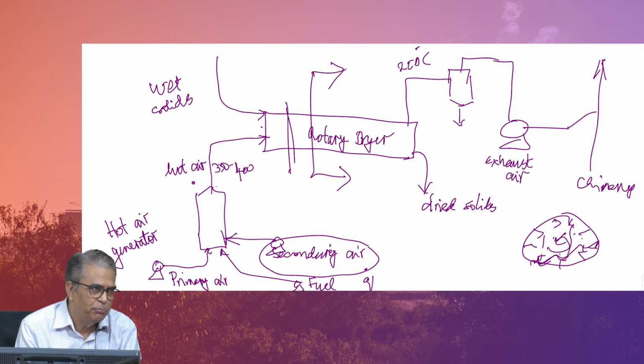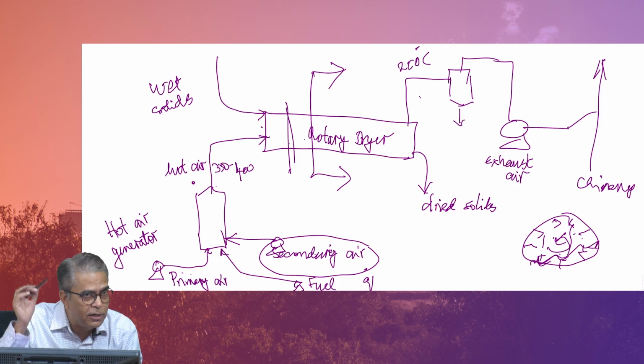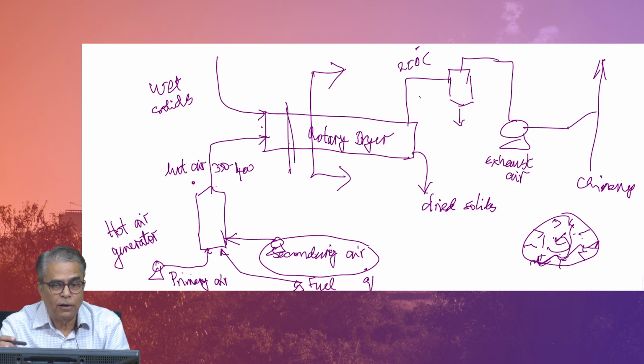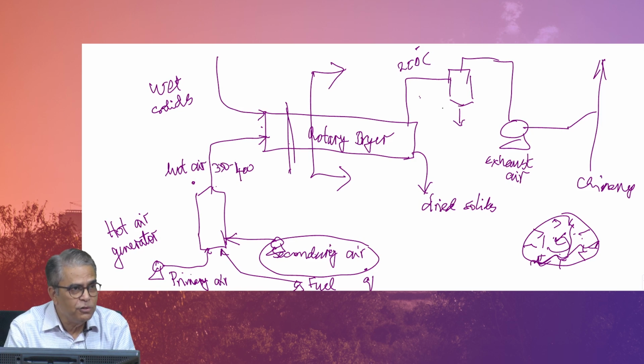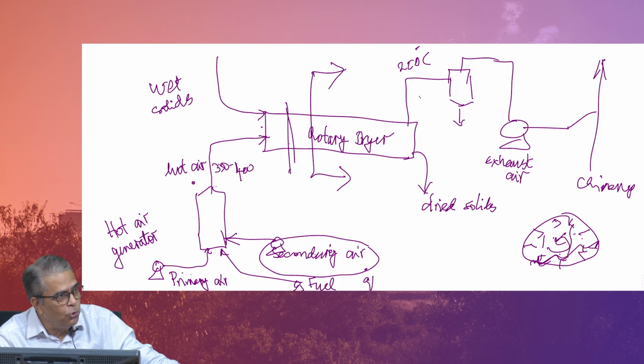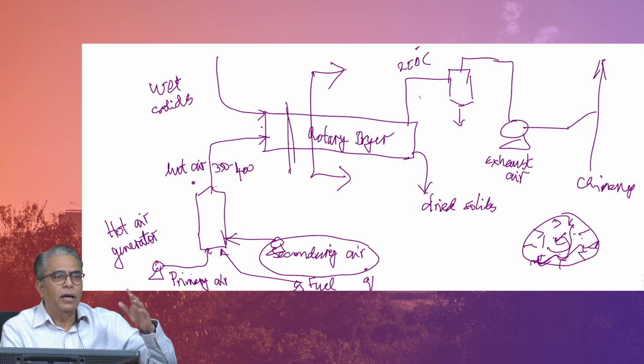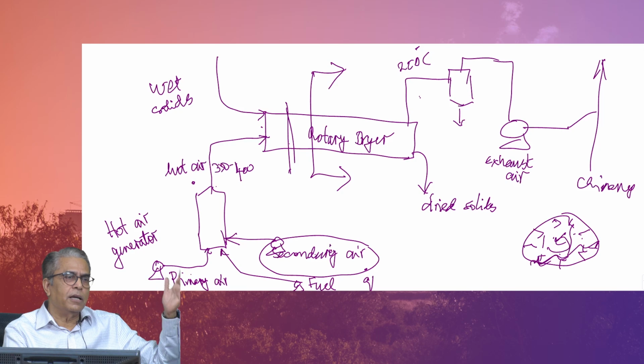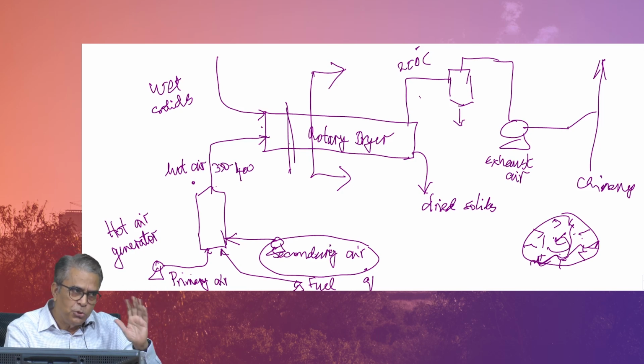So, it is not probably the best thing to do because this quantity by the way is the sum of this plus water that is evaporated in the dryer, is it not? That part is clear. The quantity of air that is flowing past exhaust is a sum of this and air leakages if any plus the water that is evaporated, all of them are coming out. Therefore, if this is a large quantity, you should also find a fairly large quantity of cold air available for which the heat has to be transferred. So, we have zeroed in on the initial. Why do we not think of finding out some secondary air actually makes sense,